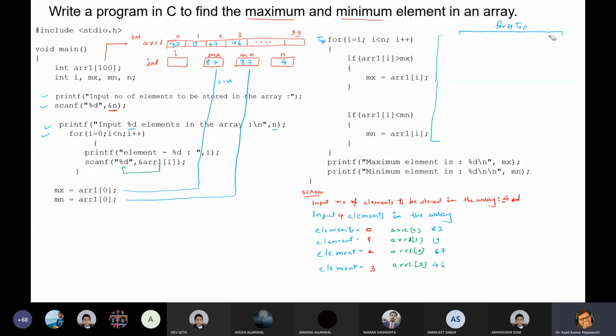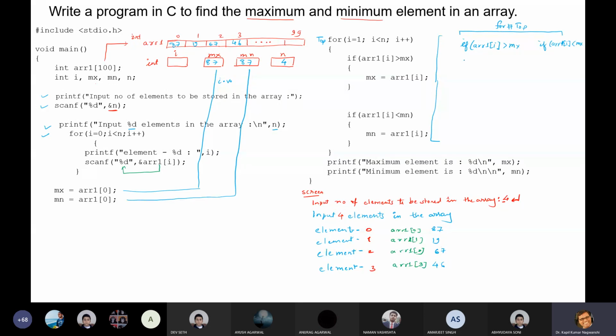Why have we written two ifs? Sorry, to check if arr1[i] is greater than max, and if arr1[i] is less than min.